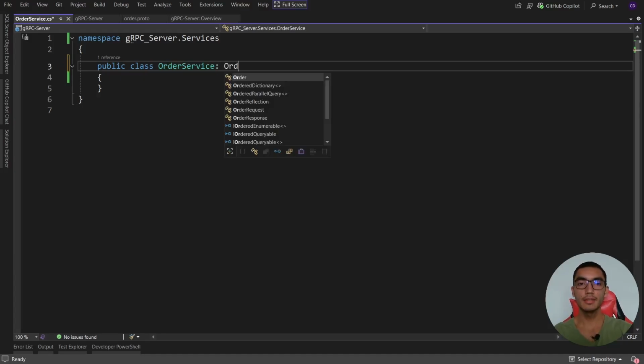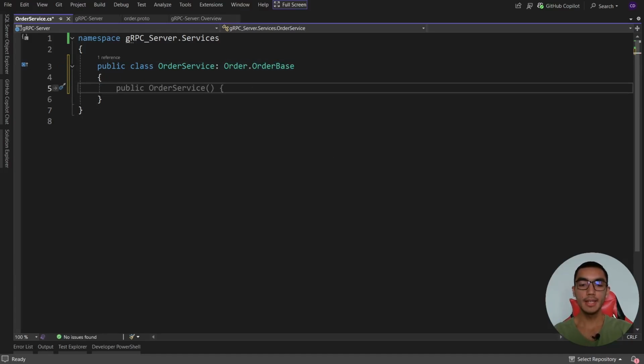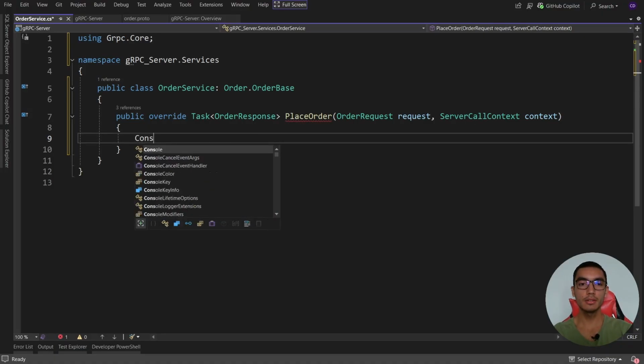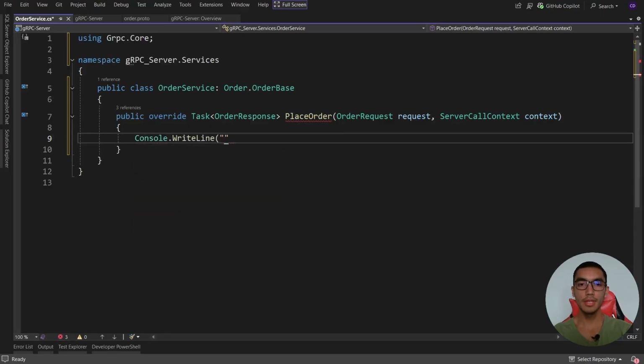And now it's time to add the corresponding order service. So we'll inherit from Order.OrderBase. And here we'll override the PlaceOrder method that we specified in the gRPC contract. So we'll simulate that we're placing an order. So we'll log through the console that we're checking the stock and processing the payment. We're just simulating that we're